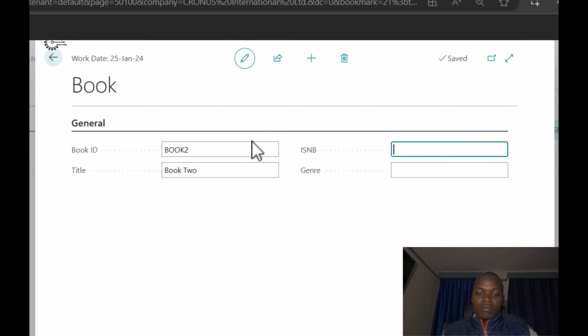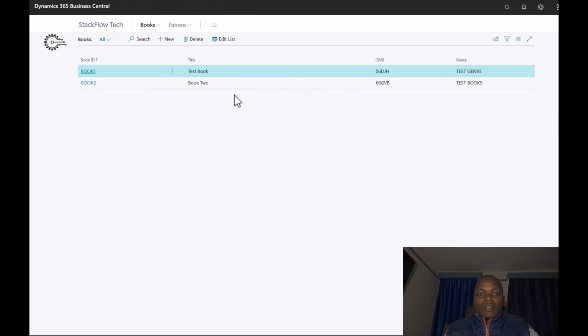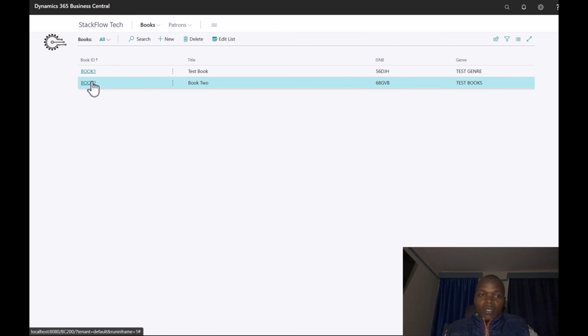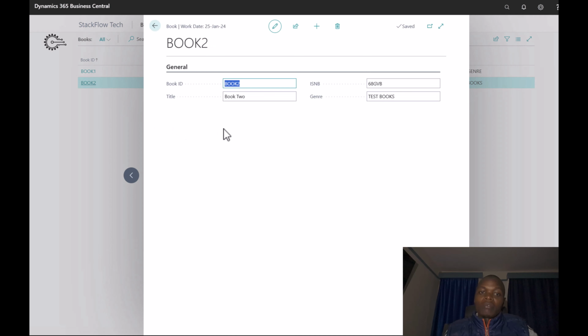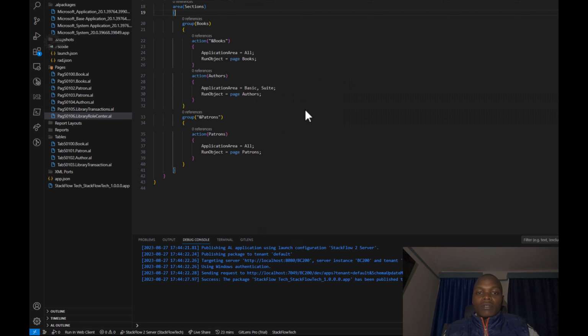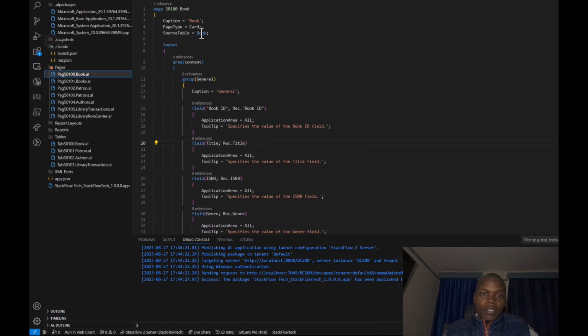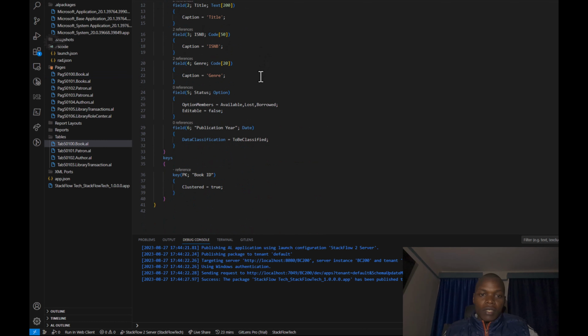Then this can be random numbers, and then test. So now in our table we have two records, book one and then book two. For now I was just demonstrating what we did earlier. We add a table here, book. This book has these fields, and then